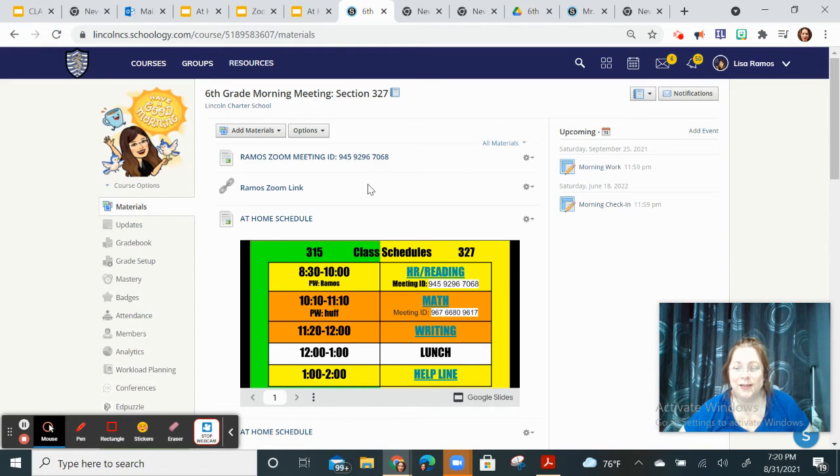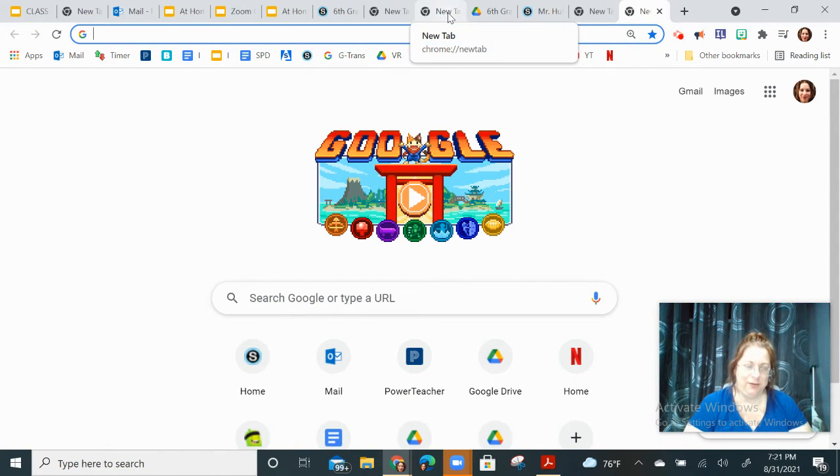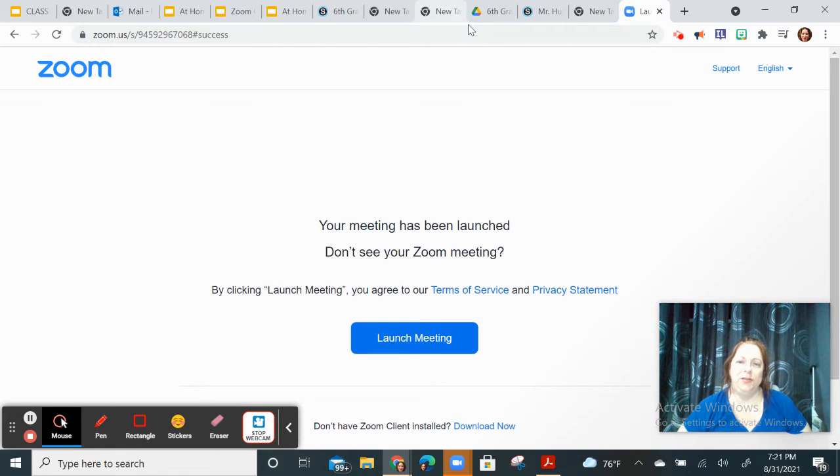The other thing is we notice a number of kids need the meeting ID. So you need to post somewhere in your class the meeting ID as well. Now, to start out, I'm going to show you how to do a Zoom link and your meeting ID. If you have already set up your Zoom class, which I hope you have, you go to your Zoom